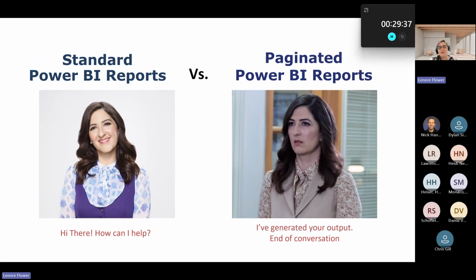And the way I like to describe this when I'm doing my training is to reference The Good Place. You can think of standard Power BI reports as good Janet from The Good Place, who says, "Hi there, how can I help?" And she's very friendly and very supportive and generally just bubbly and fun. Power BI is very much designed in good Janet's mode. Paginated Power BI reports are more to serve a purpose. They do exactly what they're asked and nothing else. That doesn't mean they're not incredibly useful. It just means that they have a fundamentally different way that they're presented. So have a little bit of sympathy for neutral Janet in paginated Power BI reports.